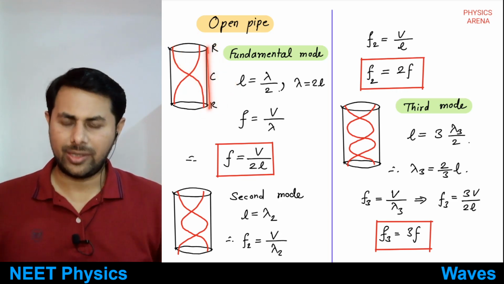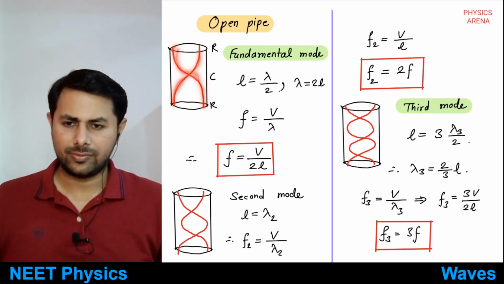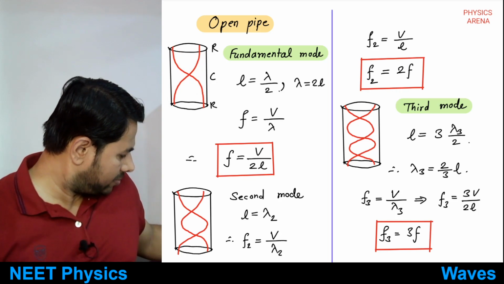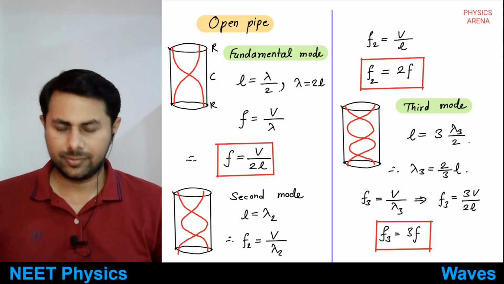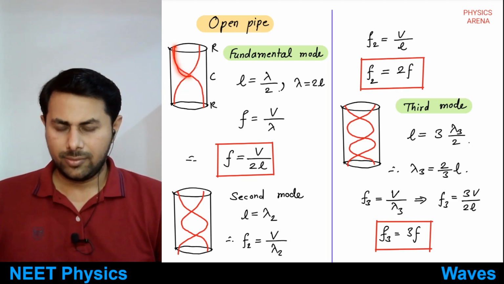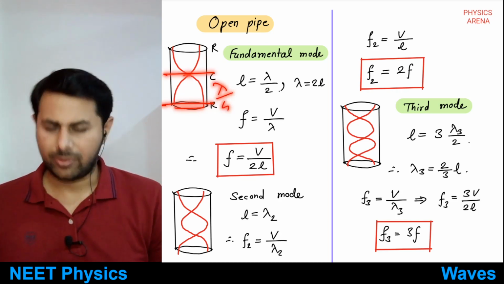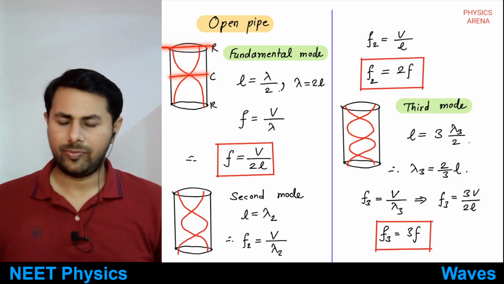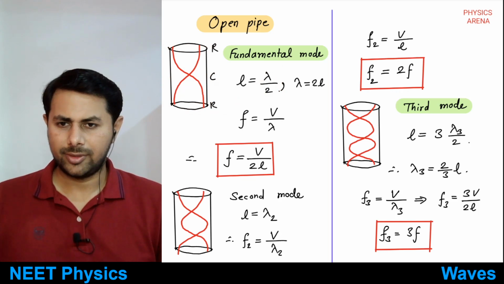And what's the relation between length and wavelength? Wavelength of this wave? Tell me. See, this much distance is lambda by 4. We have seen distance between node and antinode is lambda by 4. This is again lambda by 4, right? So lambda by 4 plus lambda by 4 means 2 times lambda by 4, that is lambda by 2. Okay, this is clear,